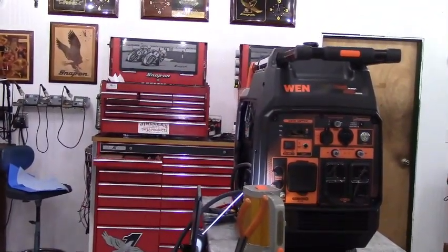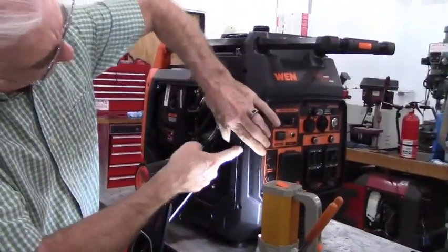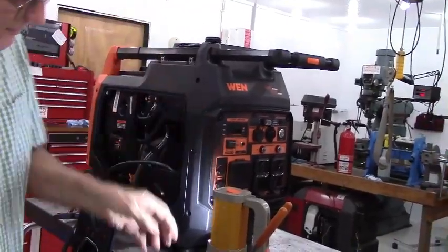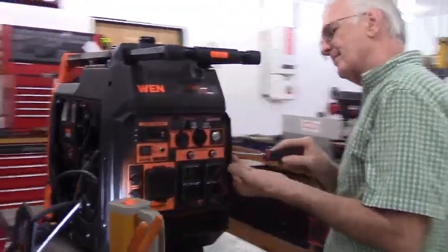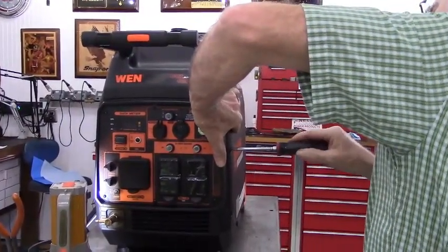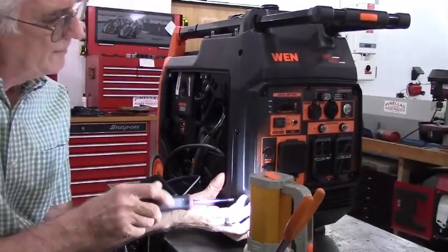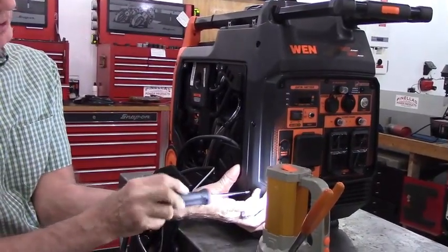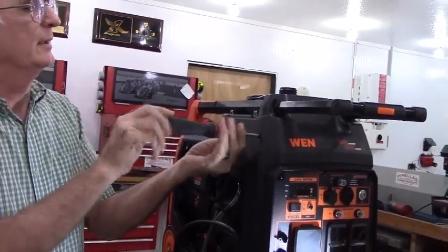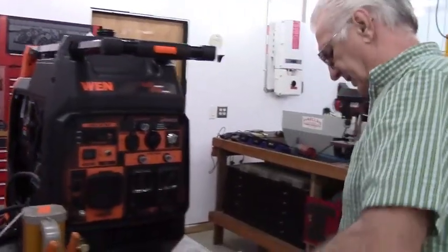Now we'll put the screws back into the front cover. Remember, there were 6 screws that held the front cover on. And you can just gently take your hand and squeeze the cover into place so that you can get the screws into the respective threads. And as I said earlier, the fit and finish on this generator is so good that if it doesn't fit perfectly,